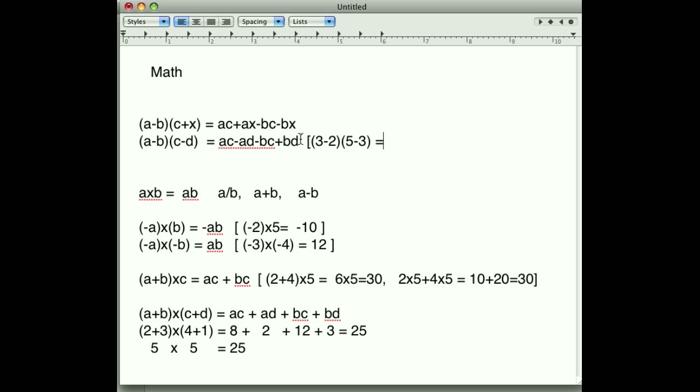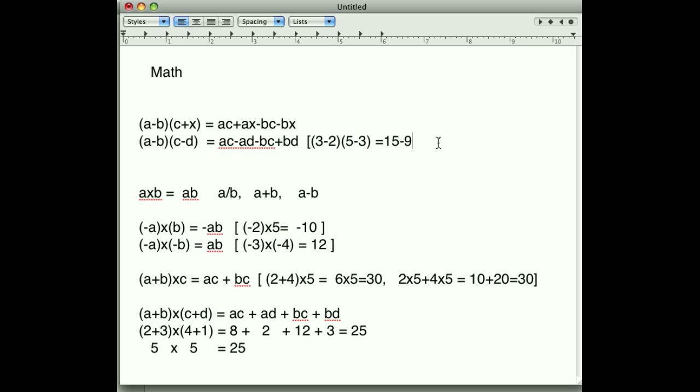So if we do AC, that's 3 times 5, that's 15, and minus AD is minus 3 times, we did this, and minus 3 times 3,